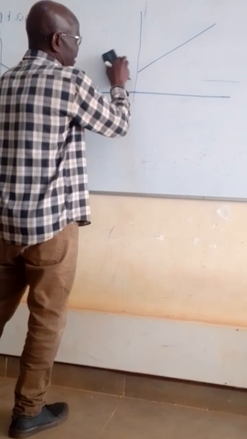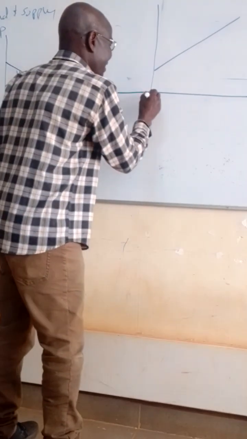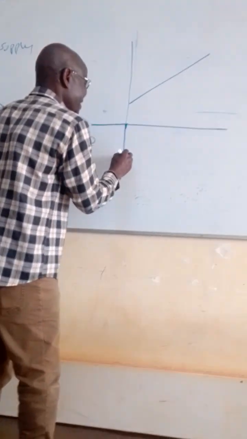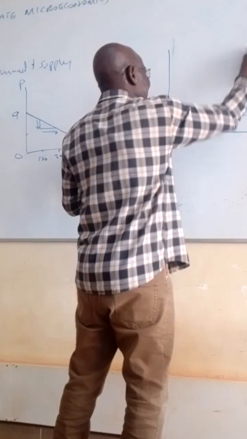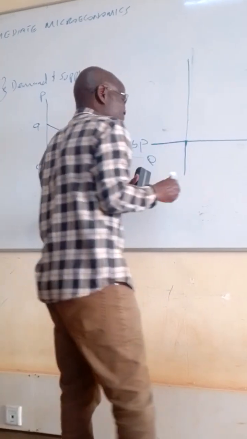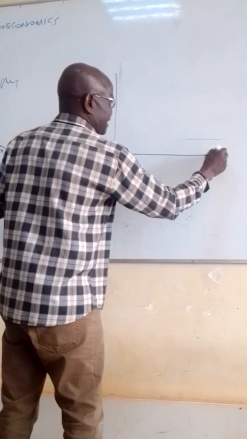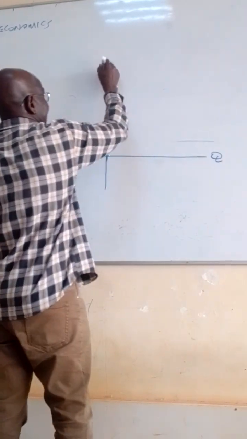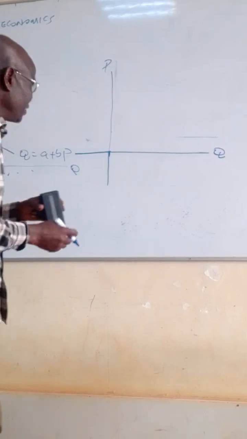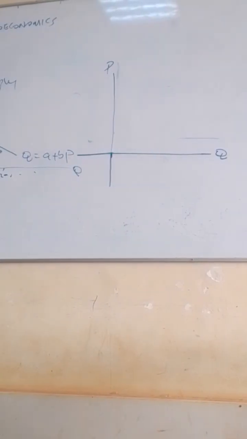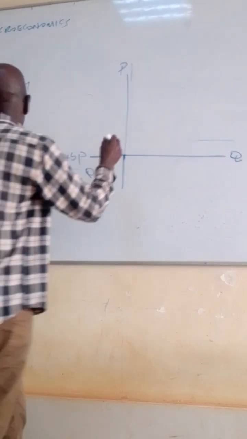Intercept is negative. There is an issue here. I think the way I've drawn it, that one gives us something else. This is the x-axis, and this is the y. Quantity is always on the x-axis, and price is always on the y-axis. So when you talk about negative C,